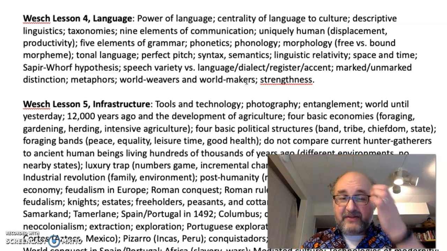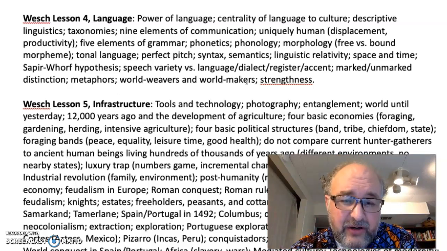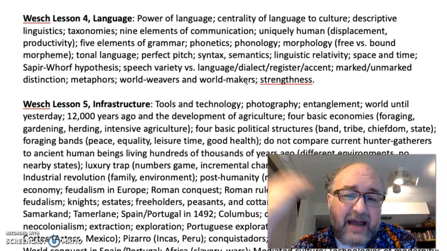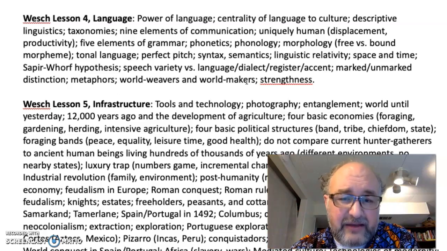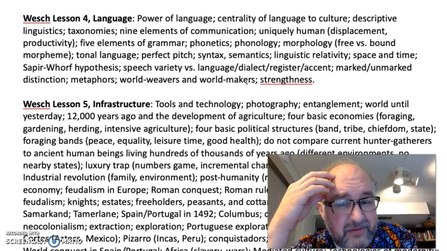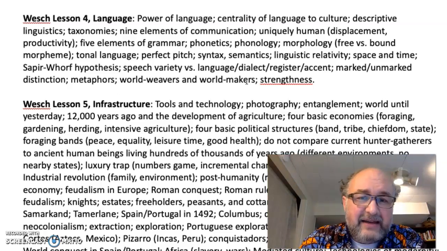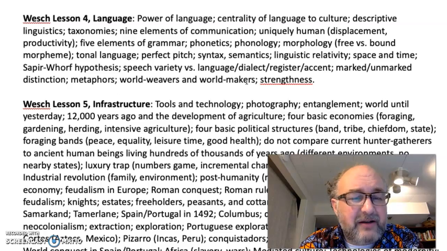So we could talk about stuff that's happening in another town, in another country, or on the other side of the world. And we can talk about things that happened last week or 1,000 years ago. We can talk about things that will happen in the future. Animals don't have that kind of language. They do have language, non-human animals do, but not displacement and productivity, according to this lecture.